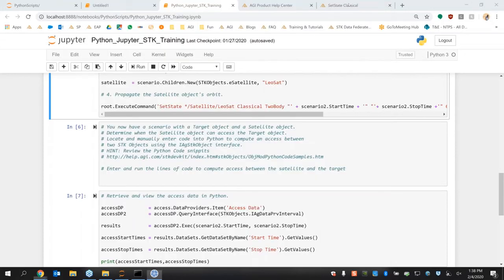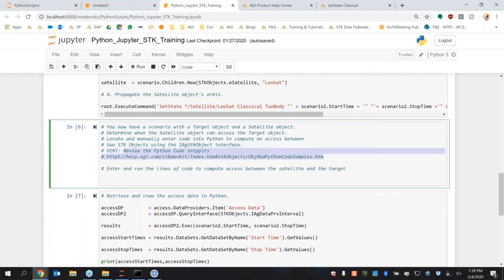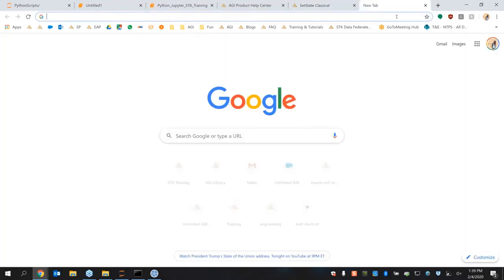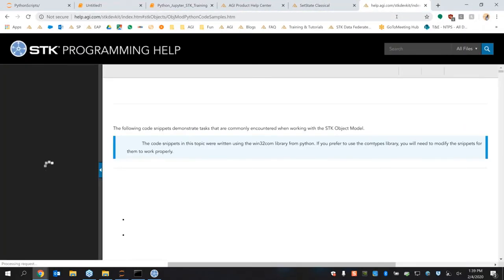All right, so our goal in this lesson is to quantify the relationship between our satellite and our ground site. You'll notice that the next section is sort of blank. So what we're going to do is look up the relevant lines of code that we'll need to compute access between our two objects. And so the recommendation here is to use the IAG STK object interface. And it looks like there's a link that takes us directly to the object model Python code samples. So I'm just going to copy this, open up a new tab, and go directly to that help